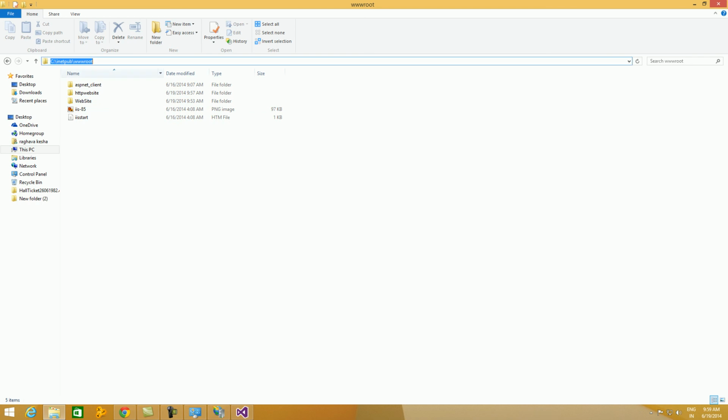This is the location where the actual folder exists. So this is our website, HTTP website, and these are our files on the hard drive. This folder is linked to the virtual directory in IIS. So if you want to copy your website, you have to copy this folder, not the virtual directory. We cannot copy the virtual directory. We have to copy the folder in the C drive, inetpub, wwwroot folder.